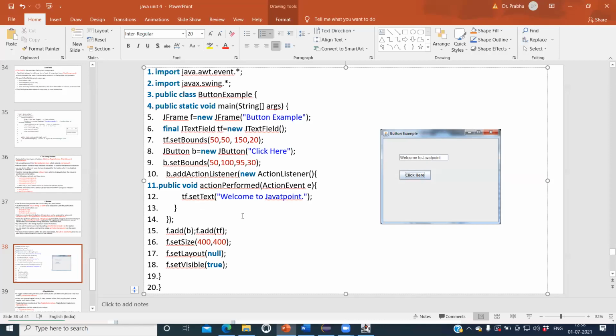So whenever the user clicks that button, that message will be displayed on the text field, another component. After creating the components as well as the container, those components must be added to the container. In the 15th line you can observe that this is being done here.